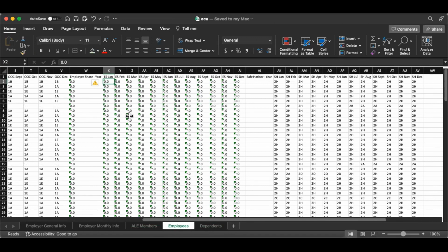If I'm getting an error when I import, I always just re-export and then copy and paste the values from a sheet, maybe from the one I'm working on. So just a little tip on there, but I'm going to go ahead and save this now. It's important to save and close because a lot of times Excel will lock the file and you won't be able to upload it. You may get an error when you go to upload it. So let me go back to